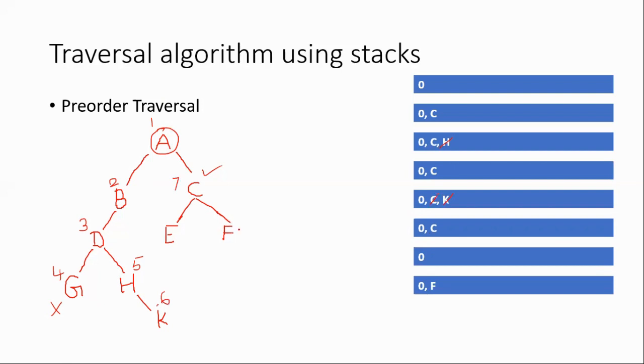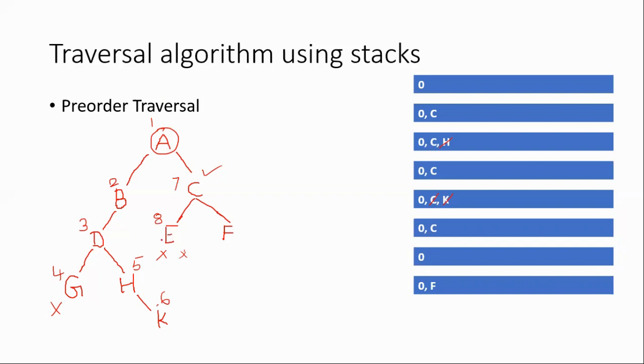After loading F onto the stack, it goes on to process the left child if there is one. Yes, there is a left child E. So that is going to be the eighth node that's going to be processed here. Once this is processed, it will check for E: first of all, no right child, and no left child also. So it will be a terminating node.